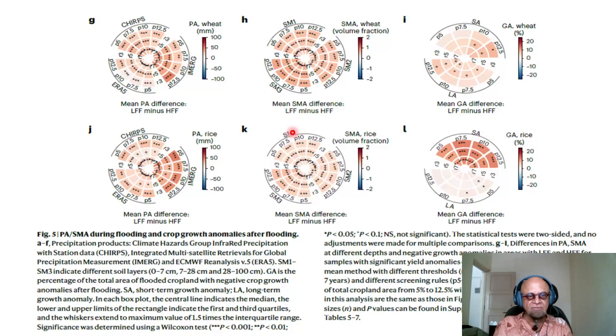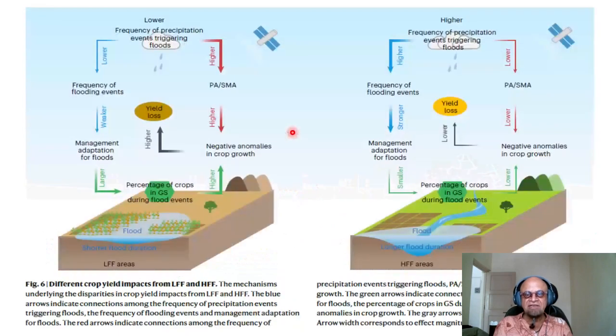PASMA, precipitation and soil moisture anomalies during flooding and crop growth anomalies after flooding. Some more information there, statistical significance, etc. are shown. So let's jump to the summary plot. I'm being tremendously brief because I found this paper to be so detailed that usually you would want to focus your message a bit more. So anyway, let's not criticize the paper, it's useful, so let's just do the best. I'm being lazy basically, so you have to go back and read.